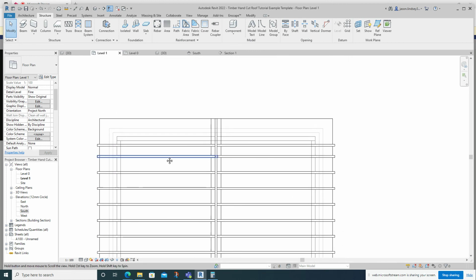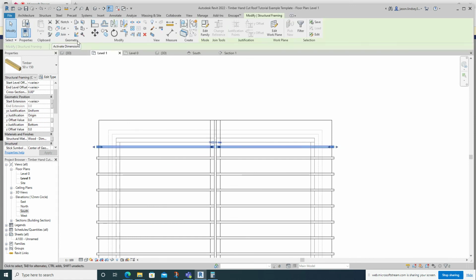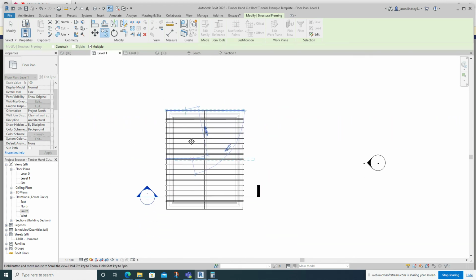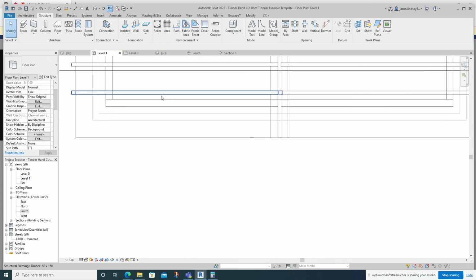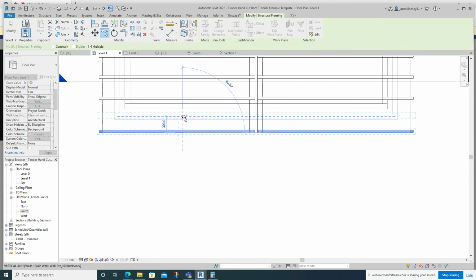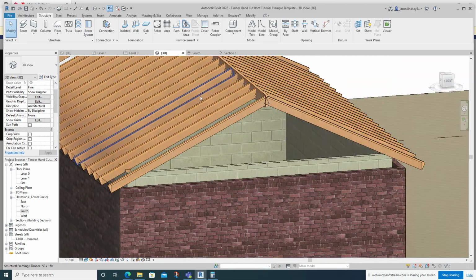What we can then also do is, once again, multiple select those, copy those, and then we want to get another set right on the outside there. And it's the same coming down here. So with these ones here, multiple select these. So tab key, select on it, copy tool, this outside line here, and it's going to link up with that outside line there. And when we go into 3D, we can now see